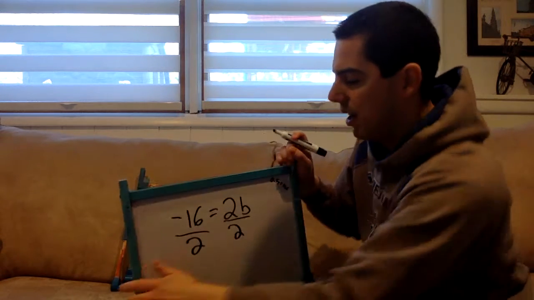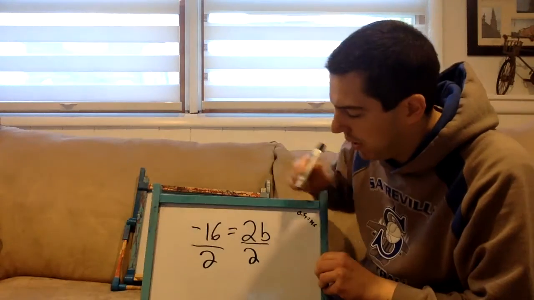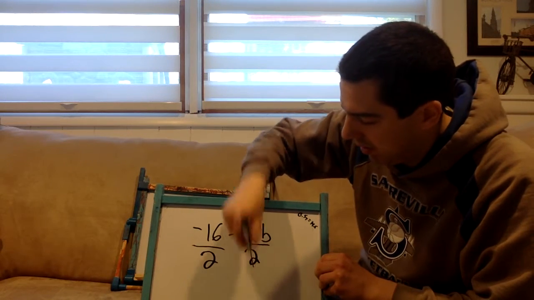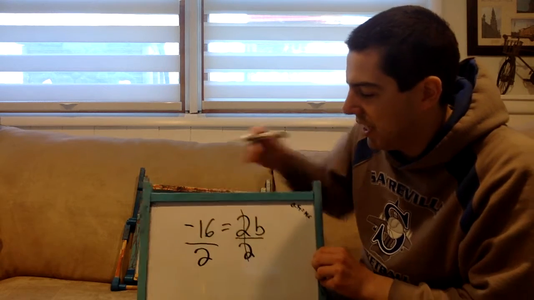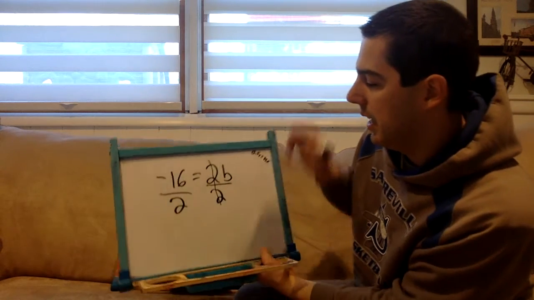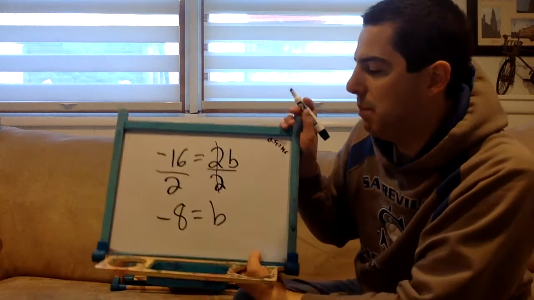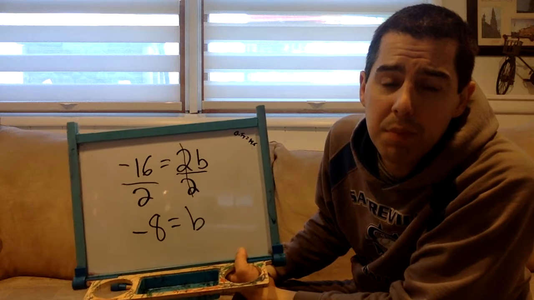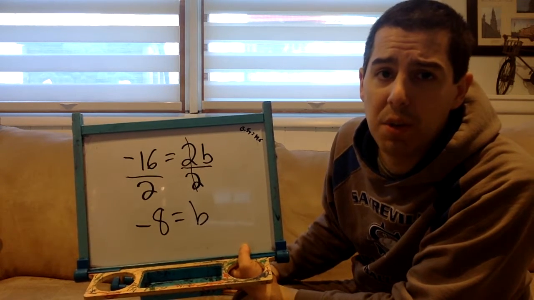Using division. I divide both sides by 2. 2 divided by 2 equals 1. That's how I isolated the variable. And negative 16 divided by 2 is negative 8. So that means that b equals negative 8. That's what you did in lesson 6 too. Now,